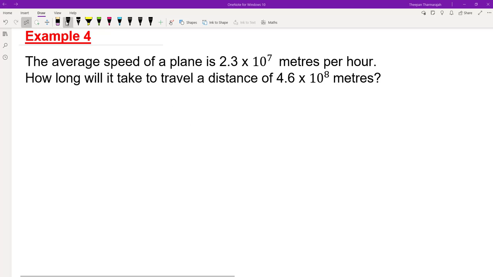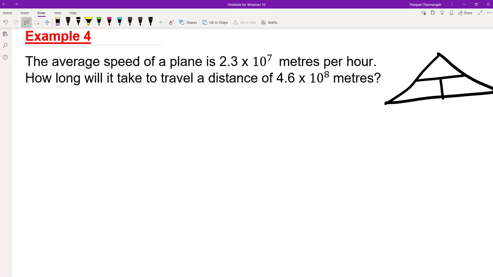Okay, welcome back. So the average speed of a plane is 2.3 times 10 to the power of 7 meters per hour. How long will it take to travel a distance of 4.6 times 10 to the power of 8 meters? So we draw our triangle, speed, distance, time. Speed is distance divided by time, and distance is speed times time. But the question's asking for how long it will take, so we need the time, and time is distance divided